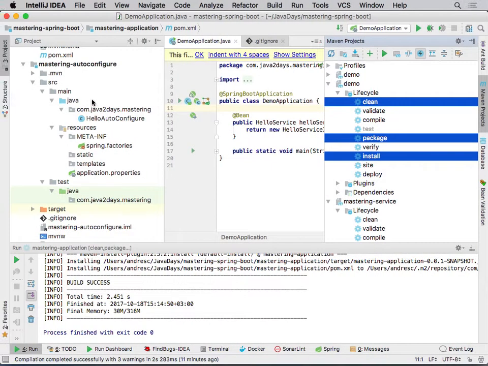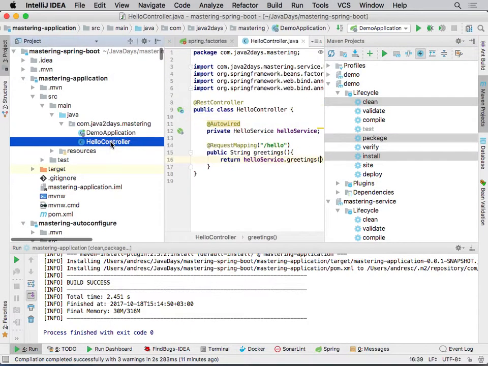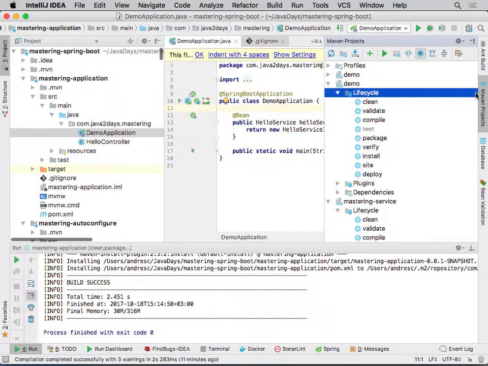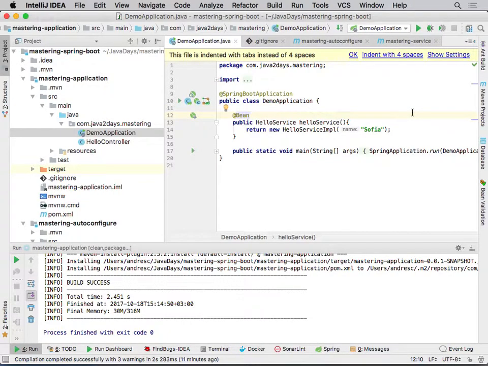And let's see what it's showing us here. So it's saying, hey, hello, Sofia. Why? Because our opinion is stronger than the auto-configure opinion, right? So if we say, I just want to use this value,